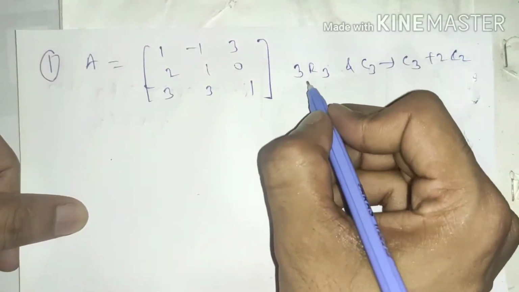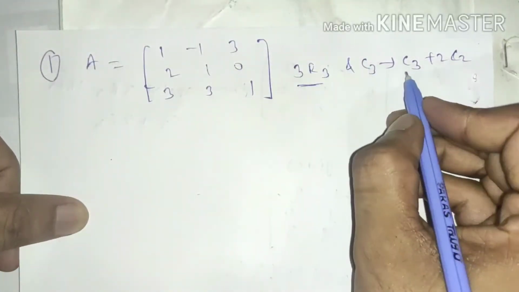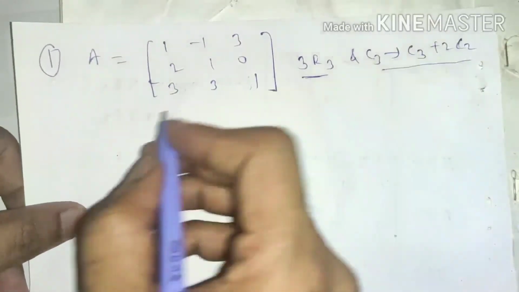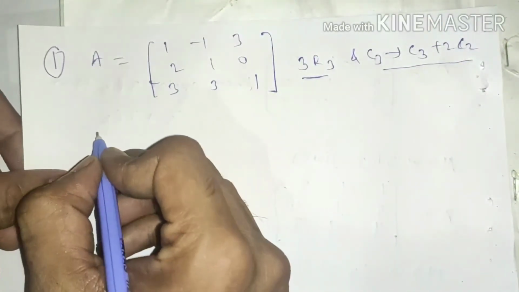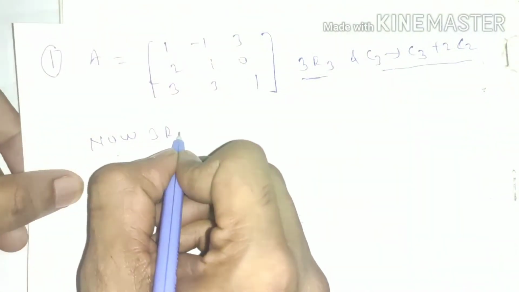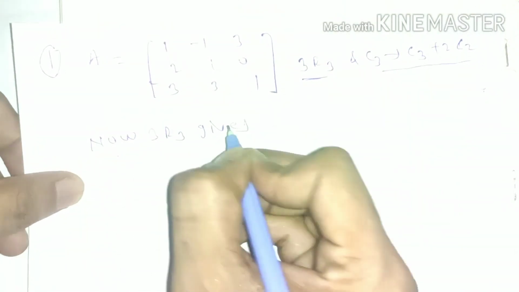So first we apply this transformation, then we apply the second one. So now 3 times R3 gives,